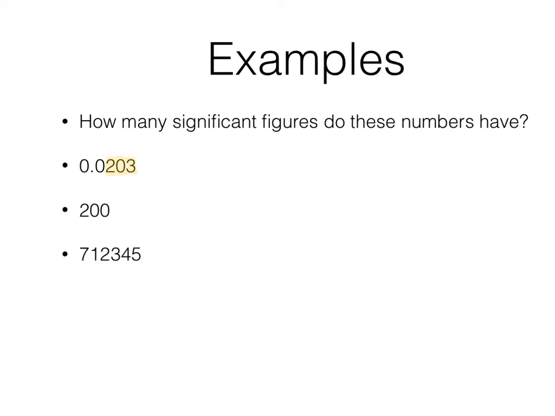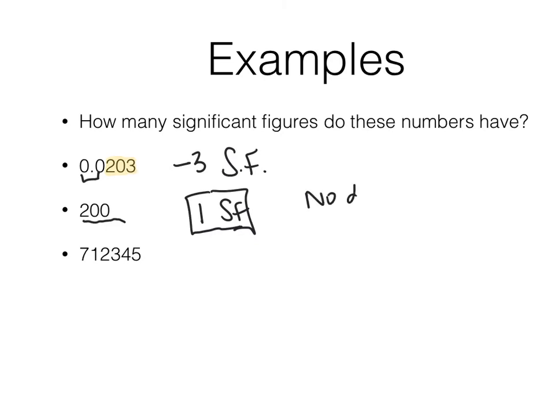So in this case, we see that there are 3 sig figs. And I like to abbreviate SF in this case. So there are 3, because the 2 zeros at the beginning, these 2 up here, are not significant. Now what about this one? There's in fact only 1 sig fig, because there's no decimal point down here. So no decimal